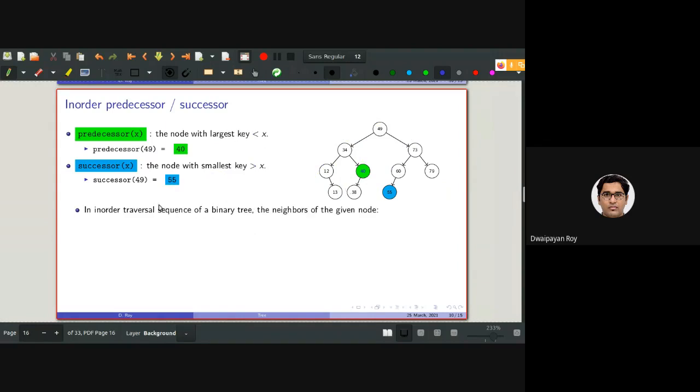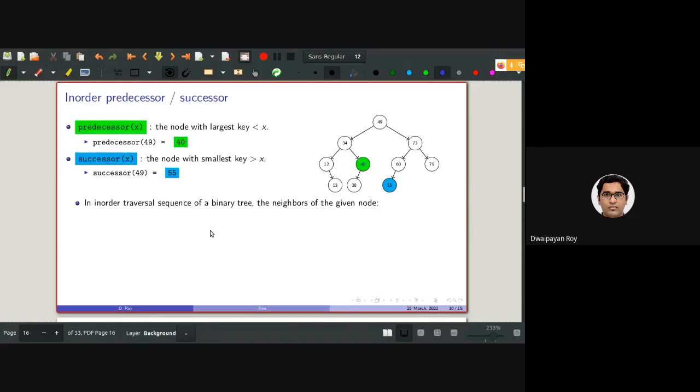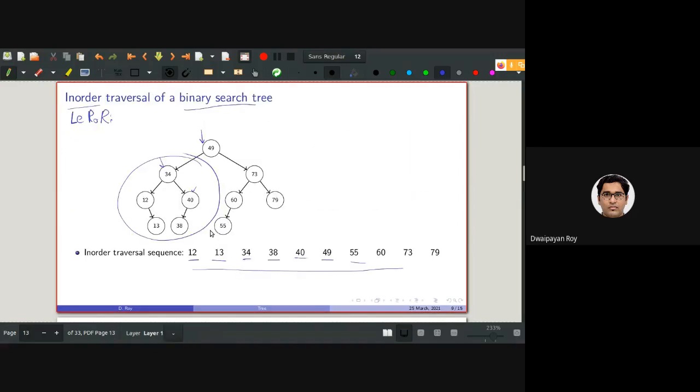Another thing is, in the in-order traversal sequence, the predecessor and successor will be neighboring values. The predecessor will be the node just before the given value, and the successor will be just after the given value. If we consider this sequence, for 49, 40 is the in-order predecessor and 55 is the in-order successor.